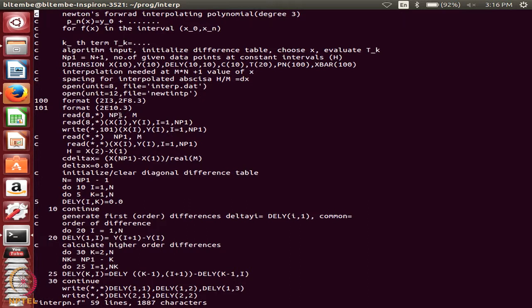So, if there is a polynomial of order 3, then np1 will be 4 data points, and m is the number of points at which I want the interpolating polynomial. This m can be any number. So, these two I am going to read from my file 8. Star means there is no specific format.